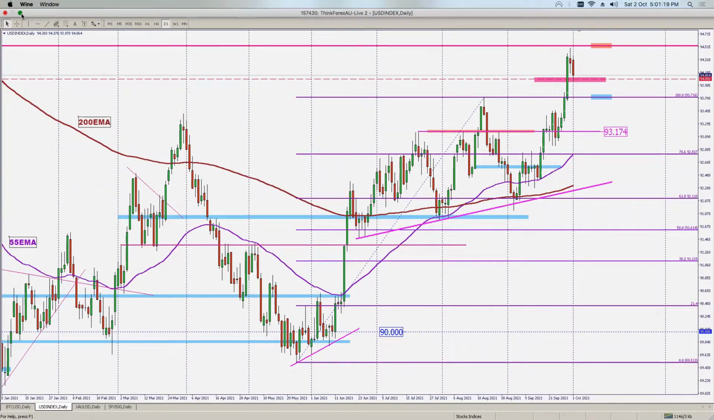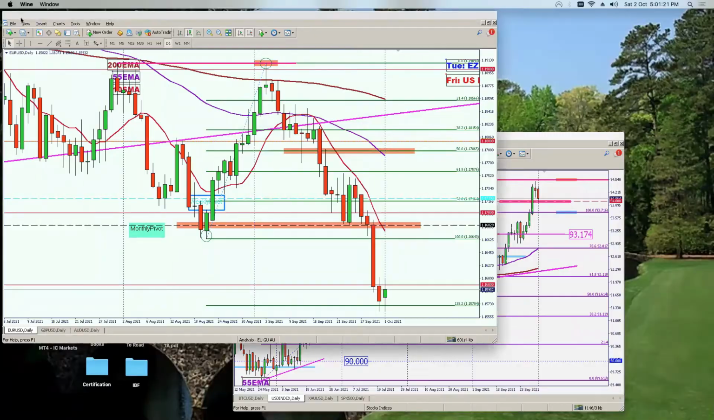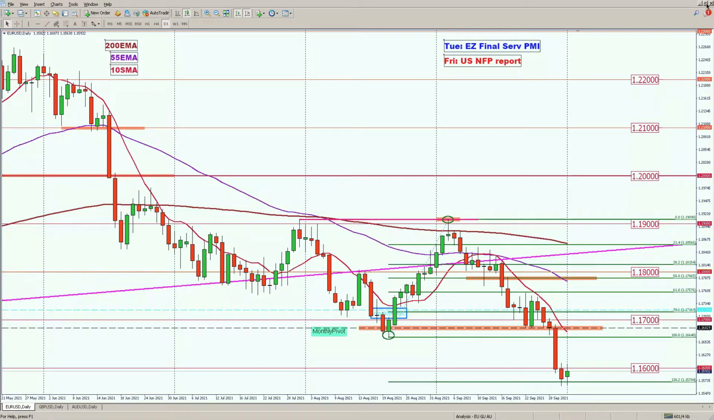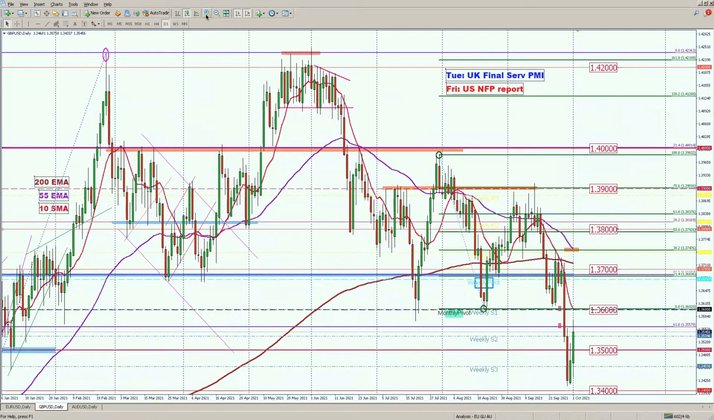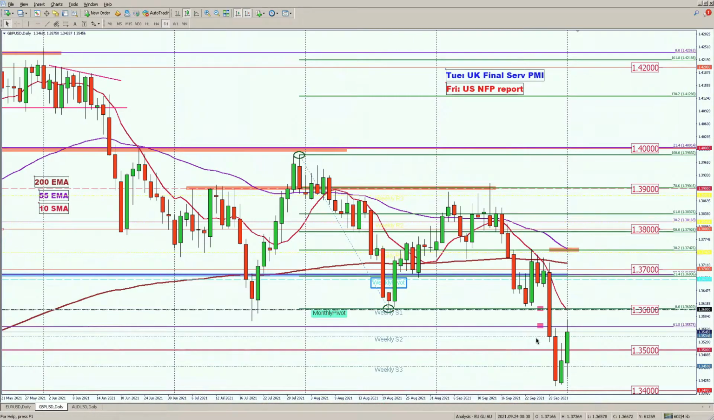Okay, let's move back to the majors and switch over to the cable. The cable fell from Tuesday, very strong bearish breakdown. Broke through this swing low at the 130. And then this other spike low here, and continued on the Wednesday in line with the US dollar index as